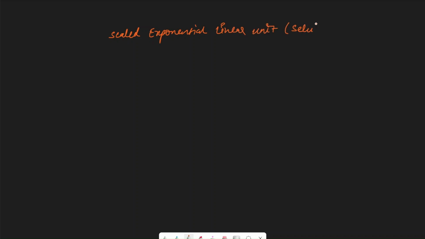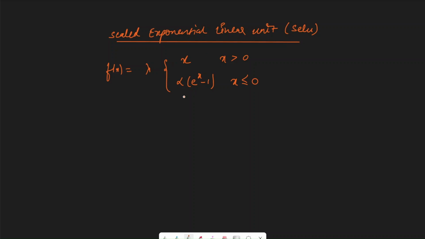Now the last activation function, which is a variant of ReLU, is SELU, which is the scaled exponential linear unit, also called SELU. For scaled exponential linear unit, you would have guessed that we are just scaling the exponential linear unit. So the formula for f of x for scaled exponential linear unit would be equal to lambda x when x is greater than 0 and lambda alpha e to the power x minus 1 when x is less than or equal to 0. So this part is same as our ELU function. We only have added this lambda, which is we are scaling this ELU function.